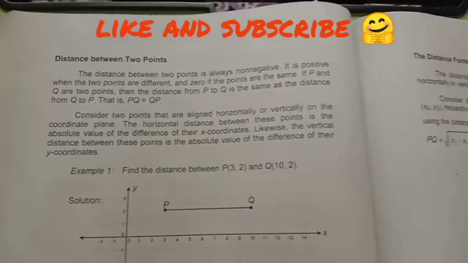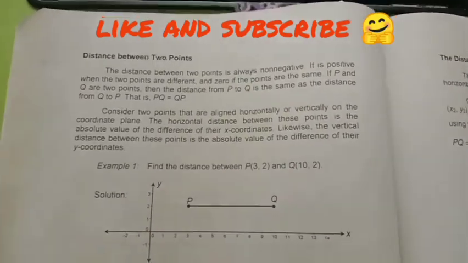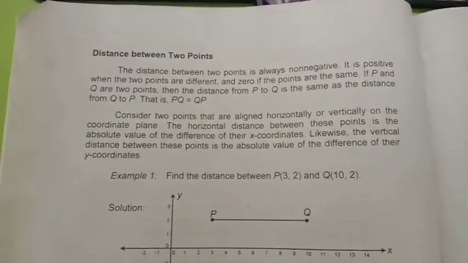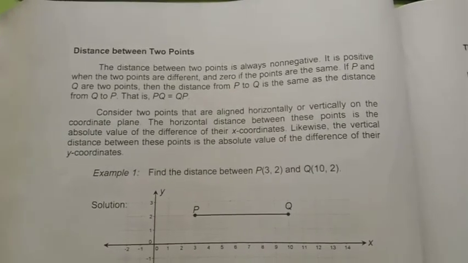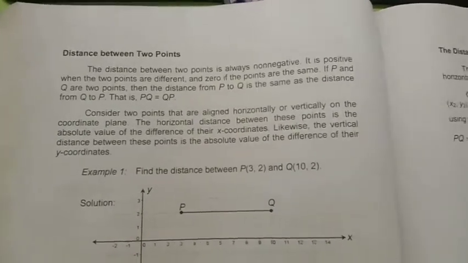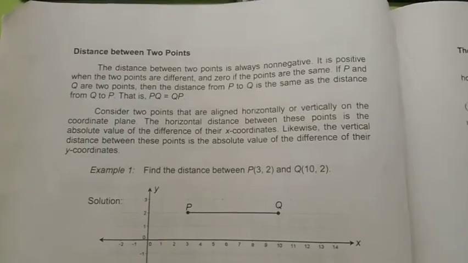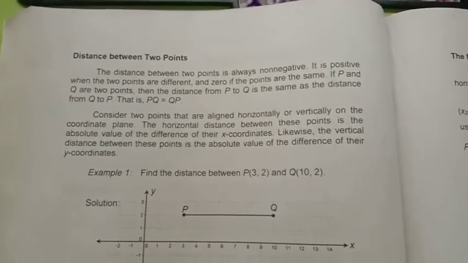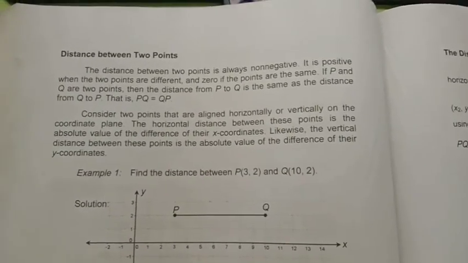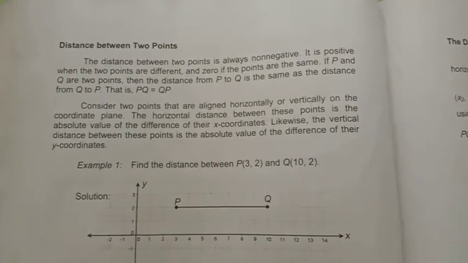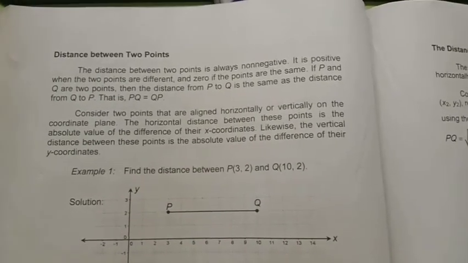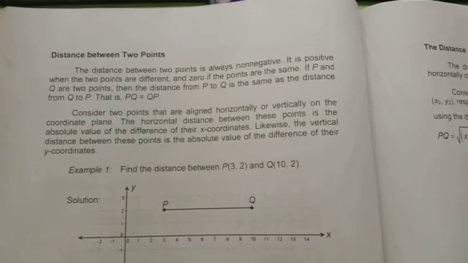For this video, we're going to study the distance between 2 points. The distance between 2 points is always non-negative. So, ibig sabihin, yung pagitan ng dalawang points, parati siyang positive. It is always positive. It is positive when the 2 points are different and 0 if the 2 points are